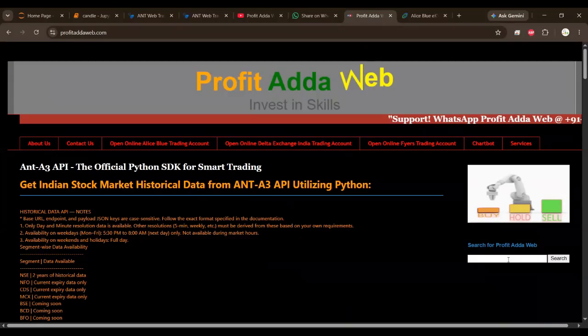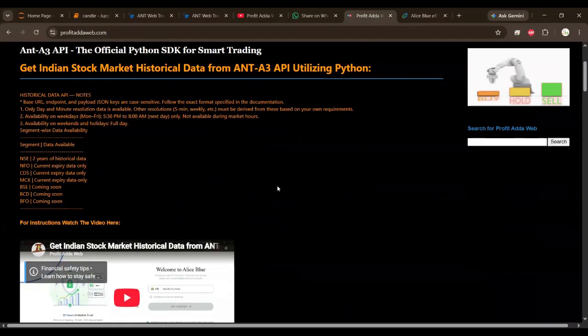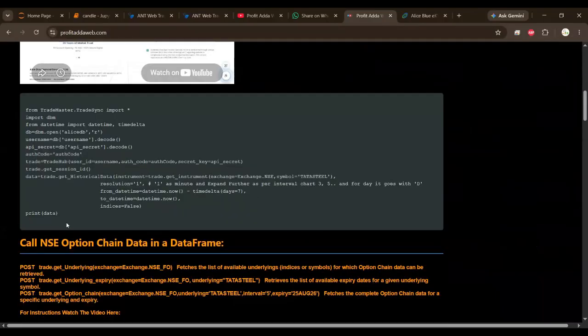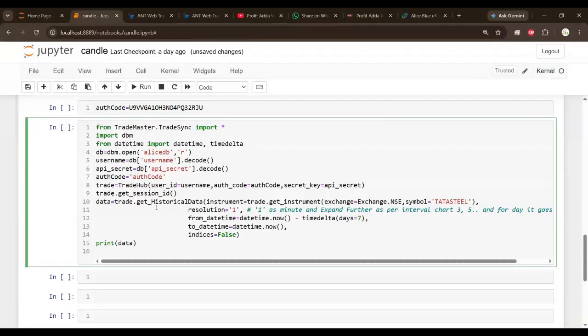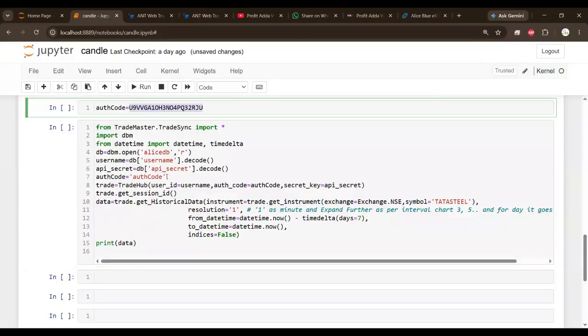Search and go to this particular post, and you have to do nothing, you just have to copy this entire code, and your credentials should be set in the import as I did. It's better you watch the previous video, it will be very helpful. This is my auth code, so all I have to do is get this string and